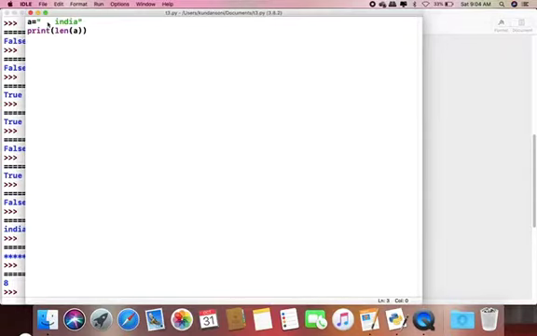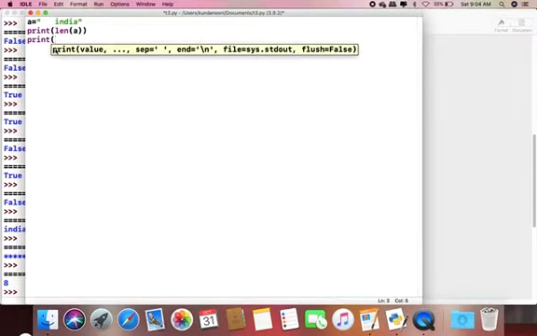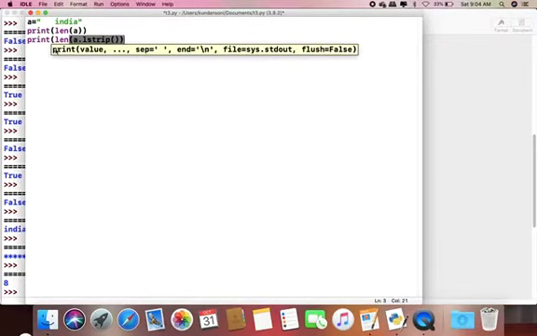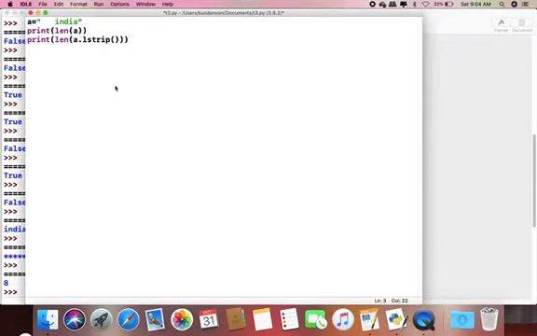Now if I want to remove this space, how can we do it? I write print len of a dot lstrip. This function a dot lstrip will remove the space from the left side, and then we find the length, and my output will become 5.